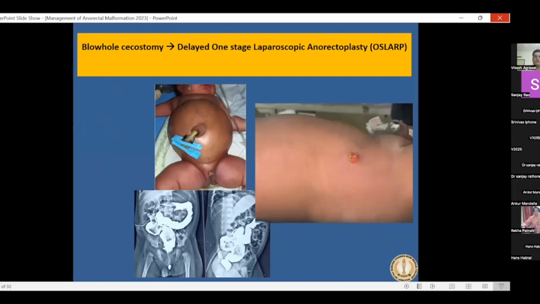By that time, all the infection is settled, the abdomen is totally deflated, and babies have started taking fluids also. And these stomas, in 80% of the cases, close on their own. It is well mentioned in literature, blowhole cecostomy. Almost 80 years back, this procedure was devised. And in 80% of the cases, it doesn't require a surgical closure.